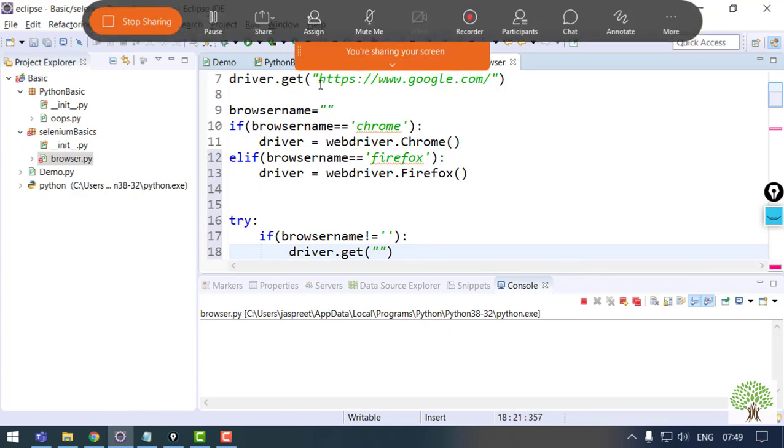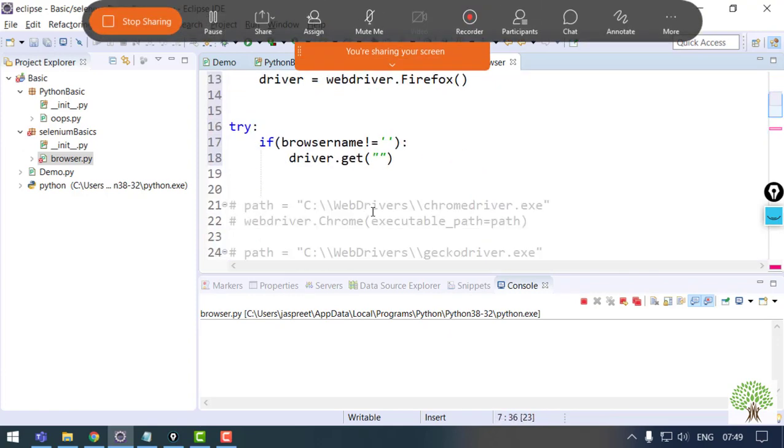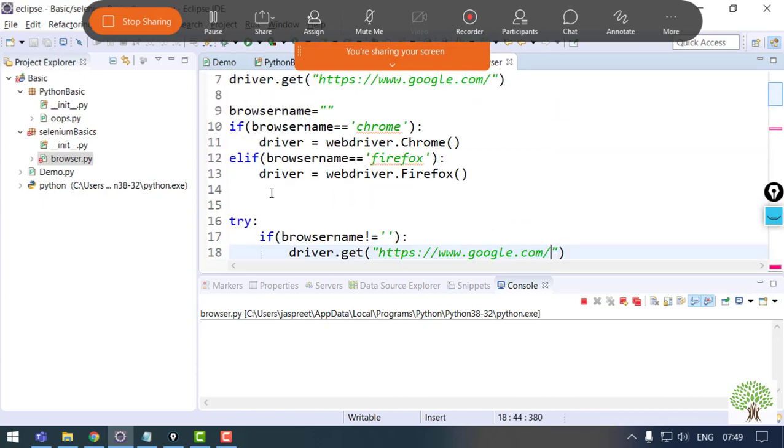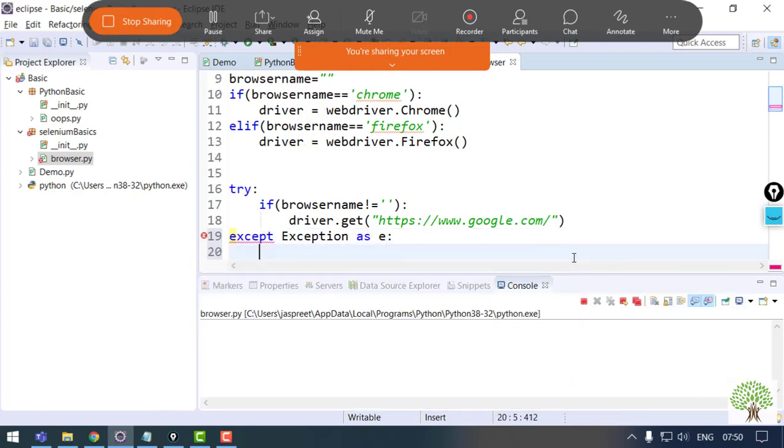Otherwise, it's going to throw an unrequired error that the driver is not defined. In any case, if some exception occurs, we have the except block to catch it. Whatever error comes from the stack trace will be captured in this E variable, and I can simply print E to see the stack trace error.